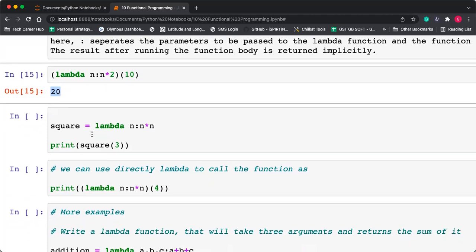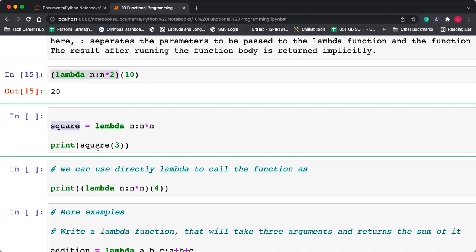Calling a lambda function like this looks very weird. So what you can do is give a name to that function. A lambda function does not have a name, but still you can give it one by assigning the lambda function to a variable. Now this variable is called the function name.